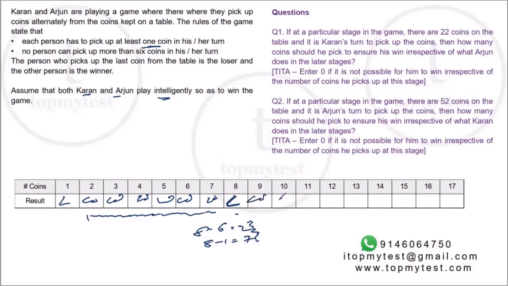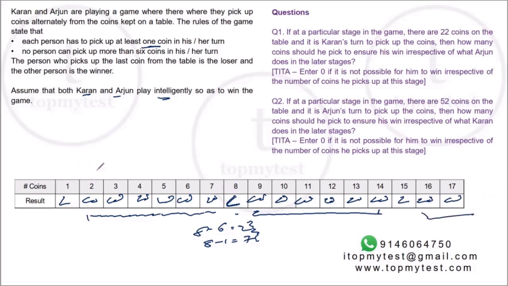So 9 I'll win, 10 I'll win, 11 I'll win. So this 8 becomes the new 1. My aim now, once I cross 8, is basically to put my opponent at 8. 12 I can put him at 8, 13 I can put him at 8, 14 I can put him at 8, 15 I cannot put him at 8. Worse, with 15, I will put my opponent in this range, 9 to 14. 15 minus 6 is 9, 15 minus 1 is 14. I'll lose again. Now 15 becomes the new 8. 8 was the new 1. So I'll win again, and so on. This is how the game continues.